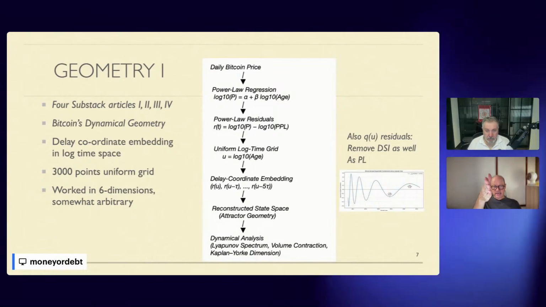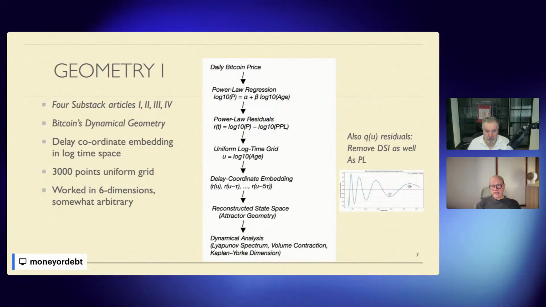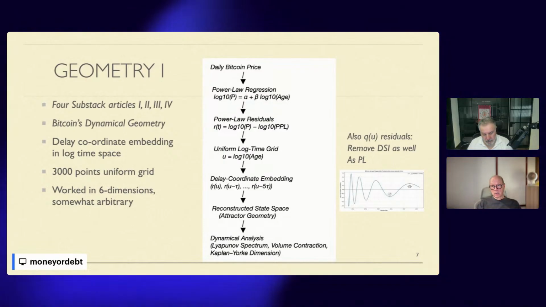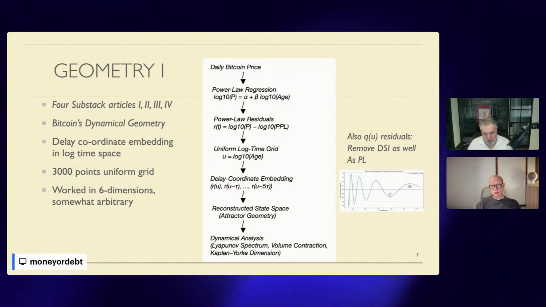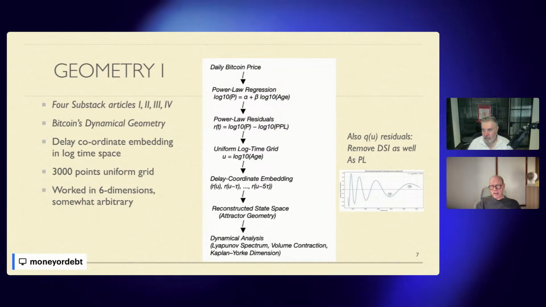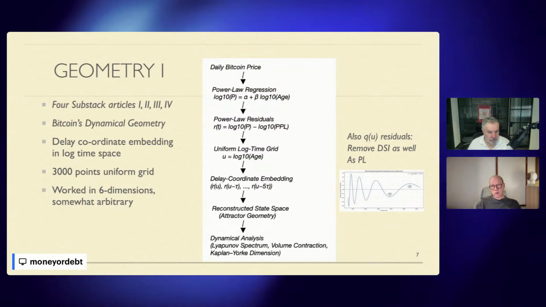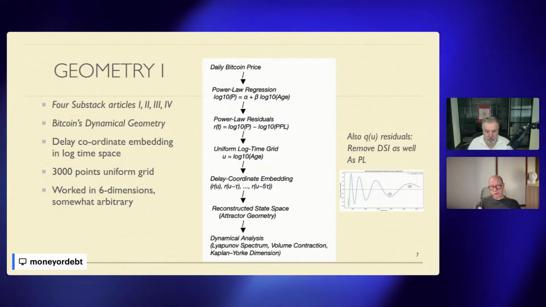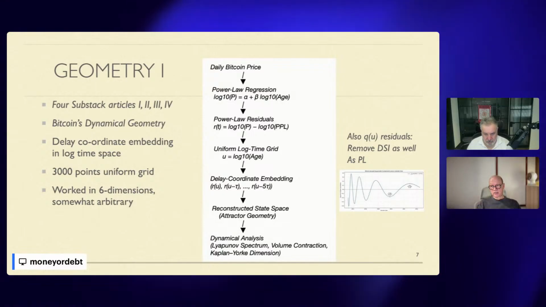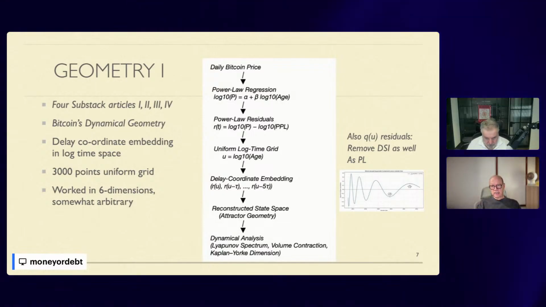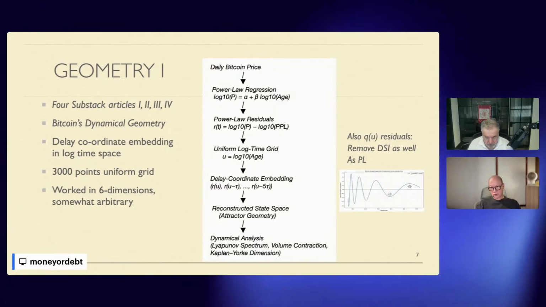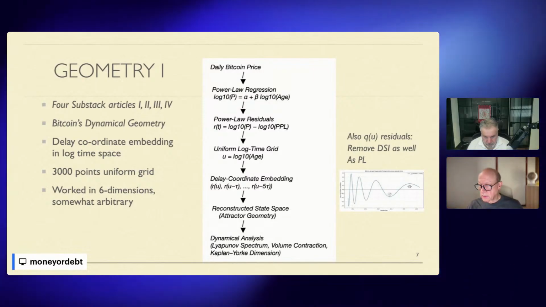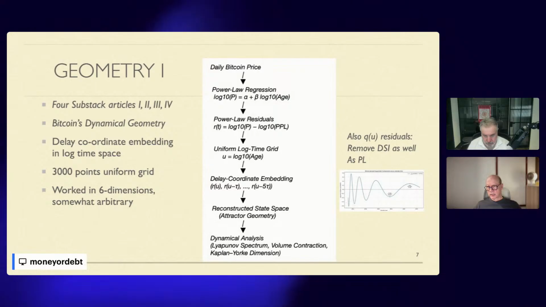Now, that's for the first order residuals. These R of t, the residuals of time that we then convert onto this uniform log time grid, become R of U, where U is log age. But we also look at the second order residuals where we subtract the discrete scale invariance, which is the log periodicity, and just the fundamental mode. We're just taking out the fundamental mode. And so then you subtract that from your first order residuals, you get second order residuals. We call those Q. And this little inset shows what the fundamental mode looks like.